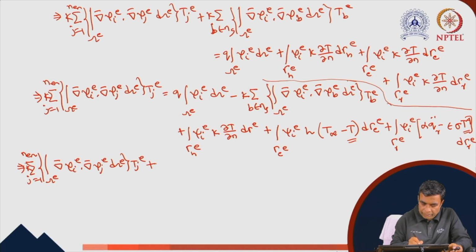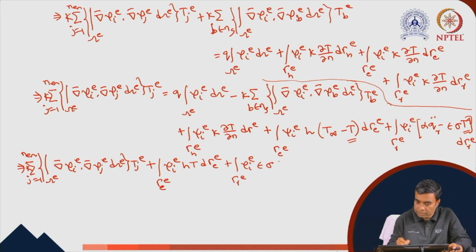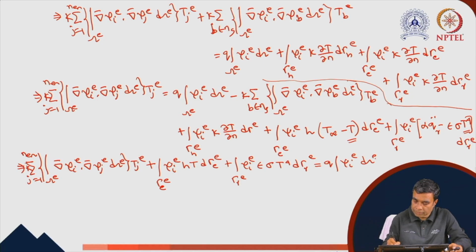This gives us integration over gamma ce of psi ie h into T d gamma ce plus integration over gamma radiation e of psi ie into epsilon sigma T to the power 4 d gamma radiation e equals q into integration of psi ie d omega e minus k into summation b belongs to eta g integration over omega e gradient of psi ie dot gradient of psi be d omega e tbe